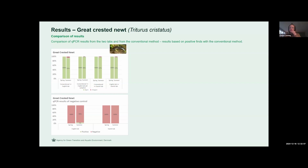So to explain the diagram, you need to know a little more about the underlying data. And in order to be able to compare the findings one-to-one between the different laboratories, it is exactly the same locations that are shown in the diagram. So here, for example, we have compared the conventional method with the English lab on the same locations